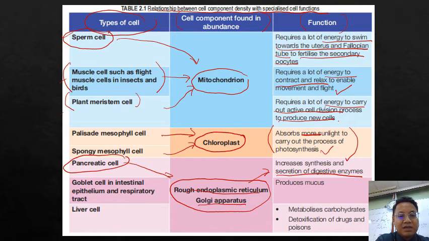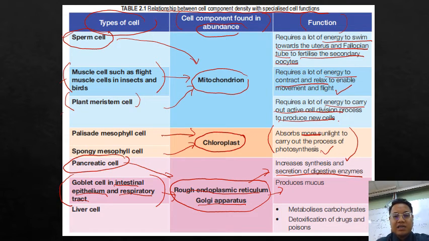Alright, another cell is goblet cell. Goblet cells are situated in the intestinal epithelium and respiratory tract. Dia pada permukaan tisu epithelial, di dalam usus. So they also have rough endoplasmic reticulum and Golgi apparatus in abundance, dengan banyak. So why? Because these two organelles help to produce extra mucus,